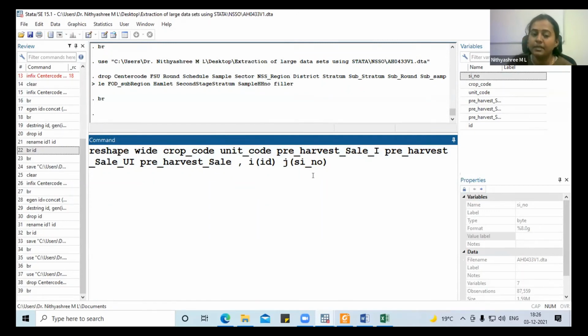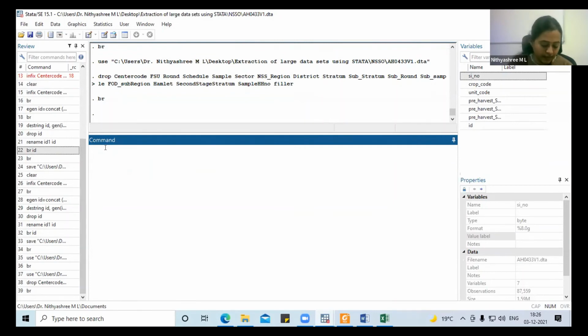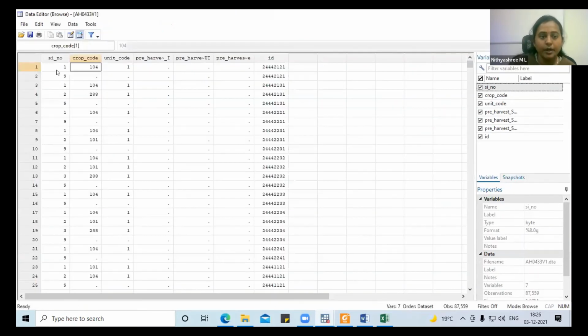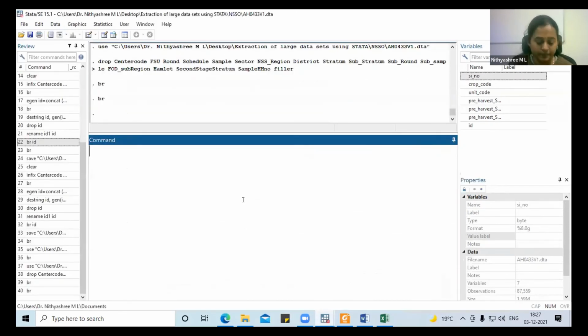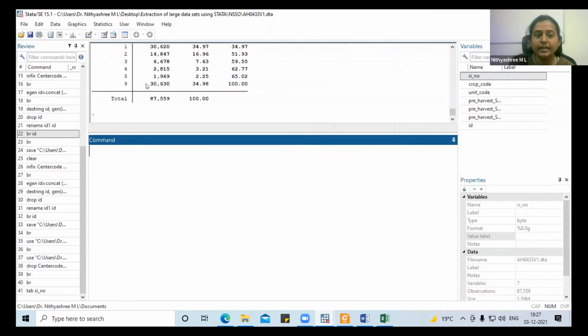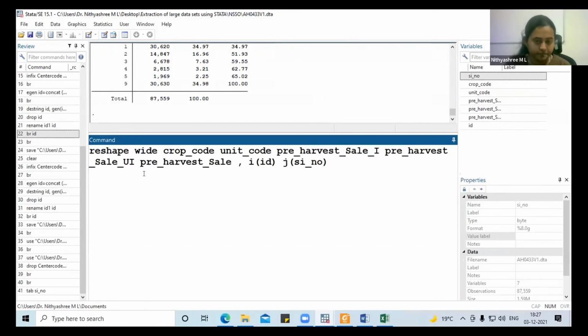Remember our example, J is the number of subjects, 1, 2, 3. So here also we have a J variable 1 to 9. Somewhere it is 2, 3, 4, 5, 6. So there are 9 crops, or you can even check it: if you give tab serial number, 9 crops are there. So that will be your J variable.